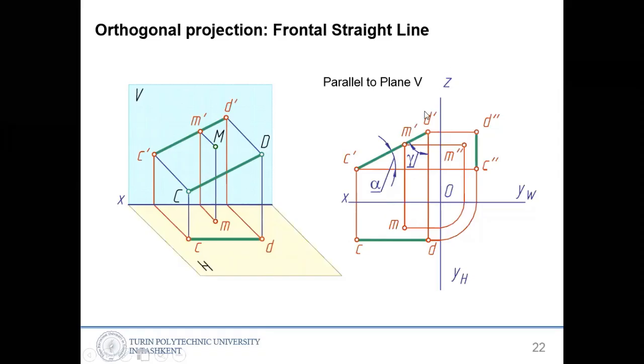And from the side also, if you see from this side to the W plane, you will again see a straight line like this, because the line is parallel to the V plane. That's why it looks like this. So it has only one slope. And again, for the M, it doesn't belong